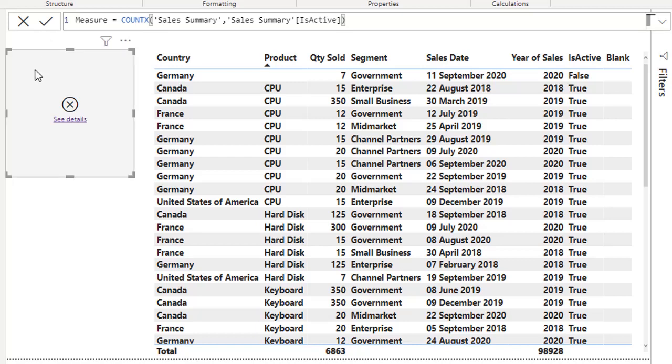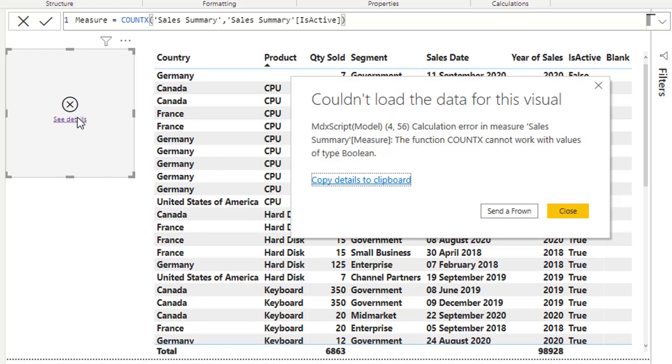I get the error. We check the details. This is the same error: the function COUNTX cannot work with values of boolean type. As in the case of COUNT and COUNTA, COUNT cannot work with the boolean type. In the same way, COUNTX cannot work with the boolean data type.